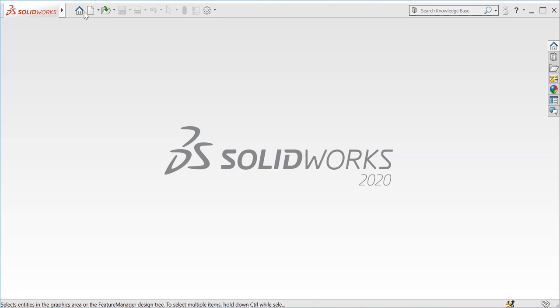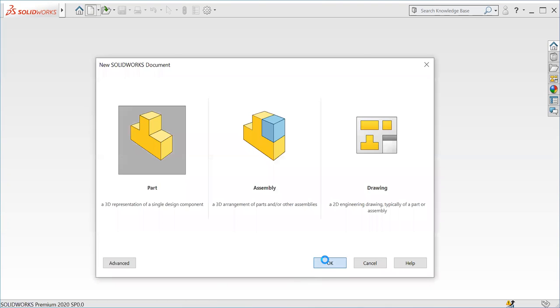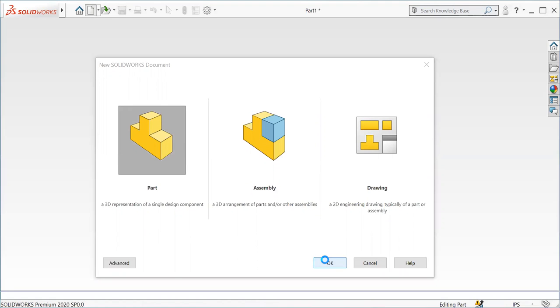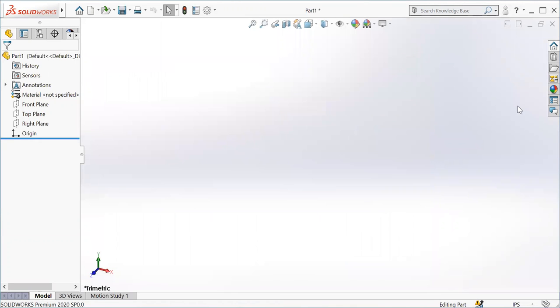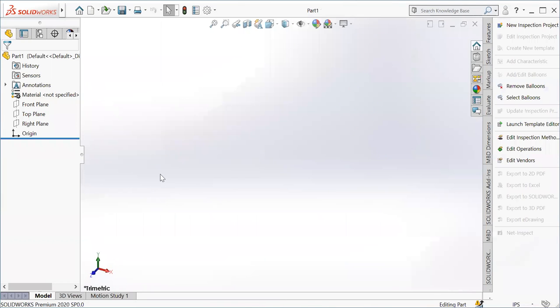So here I will select on this new, and select on this new. Select part. When I get this screen, the first thing is the plane in which I want to draw the 2D drawing.